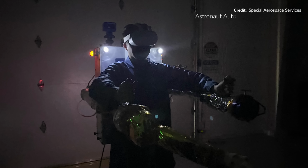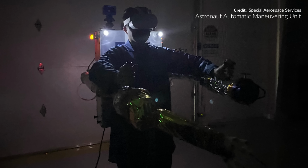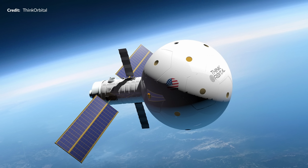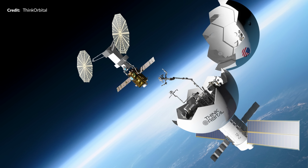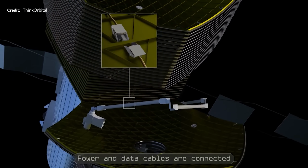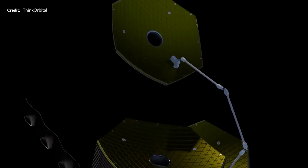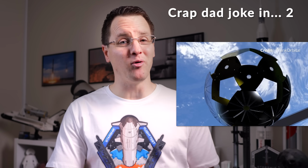Next up, we have Special Aerospace Services. They are building an Astronaut Automatic Maneuvering Unit, or AMU, to help astronauts do servicing and assembly in a safer way. Then lastly in this list, we have a relatively new startup, Think Orbital. NASA is going to work with them to develop the Think platform and construction technologies for space applications. The Think platform is a concept that involves this spherical habitat module all assembled in space using a robotic arm. I think it is safe to say that any astronaut that's experiencing life in this bad boy would be having